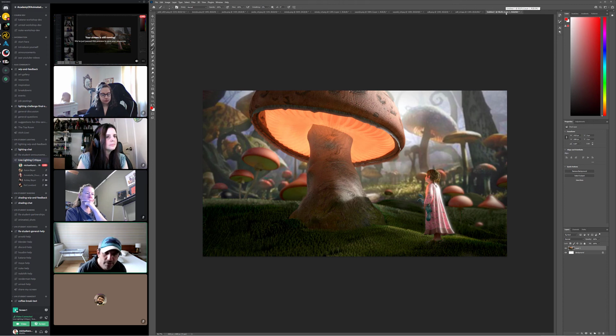So yeah, this is coming together well. I just think that whatever we can do to break up the uniformity on the ground and the grass would help. I think the girl looks good. I still think maybe just a touch less orange saturation on her face. And